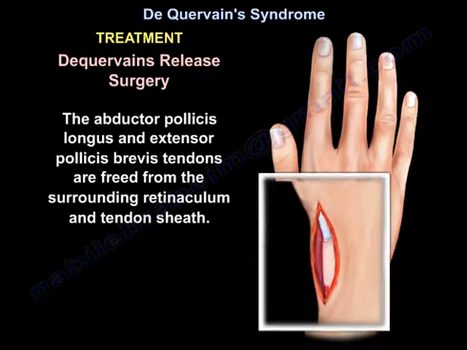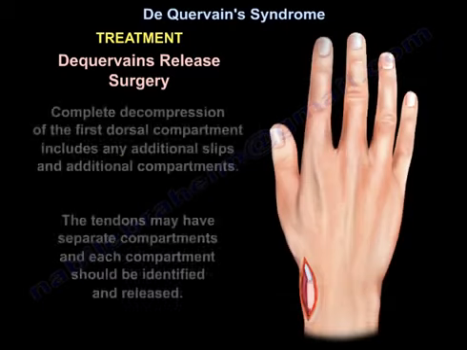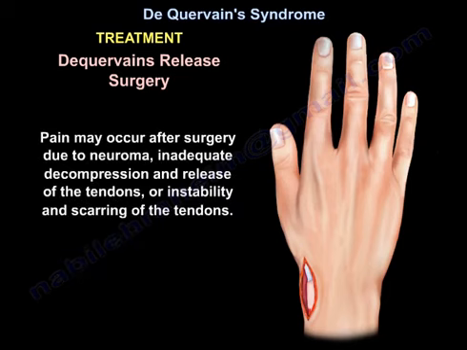The abductor pollicis longus and extensor pollicis brevis tendons are freed from the surrounding retinaculum and tendon sheath. Complete decompression of the first dorsal compartment includes any additional slips and additional compartments. The tendons may have separate compartments, and each compartment should be identified and released. Pain may occur after surgery due to neuroma, inadequate decompression and release of the tendons, or instability and scarring of the